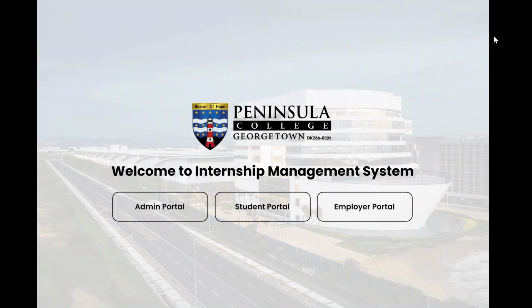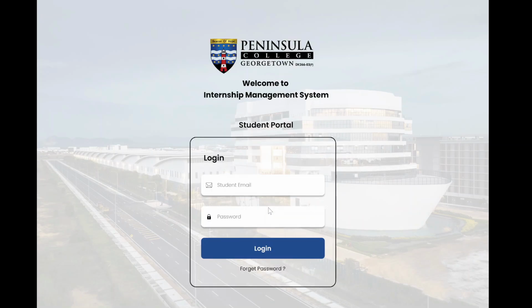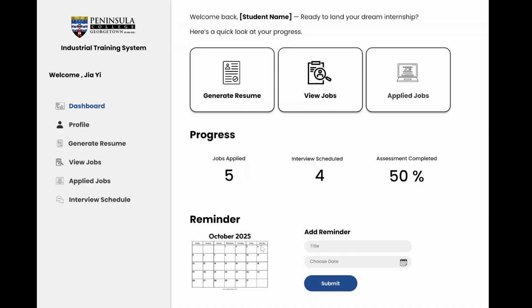Now, I would like to begin with the student interface. So, this is the main page of our system, which will have admin portal, student portal, and employer portal buttons. To log into the student portal, students have to click the student portal button. Once they click, it will navigate to the student portal login page. The students are required to enter their student email and also password to login. Once they have successfully logged in, it will go to the dashboard page, which displays some quick menus, progress chart,